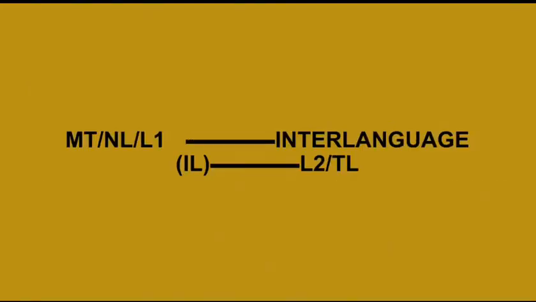Now we see this graph here. We call it a graph, or an image or a diagram. So we can see that interlanguage is like a bridge, like a crossover, like a connection, like a link between an individual's mother tongue, that's the meaning of MT, native language, or L1. So we have MT and L1. So it's a bridge, it's a connection. We often say that it is a connection between an individual's native language and the target language, which is TL, as we can see in that figure.